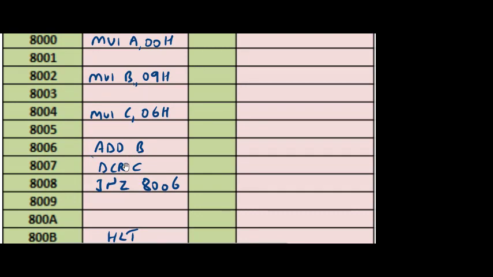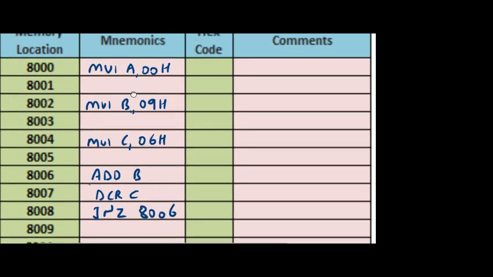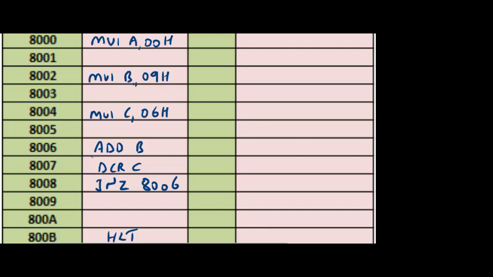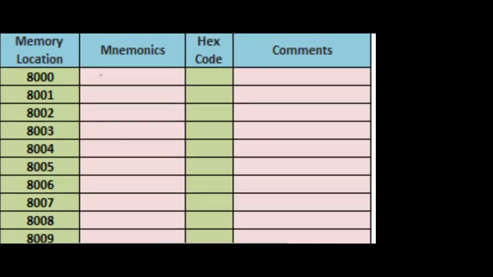Another way to make A 0: MVI A is a 2-byte instruction, and we can modify this program so that we can save 1 byte. I will add that instruction also here. Everything remains the same, only the first instruction changes. The instruction is XRA A. If we XOR A with itself, A becomes 0. This is 1 byte. This will make A 0 irrespective of what the data in A is. So one more way of making A 0 is using this. All the other instructions remain the same, so we just get the benefit of one byte.